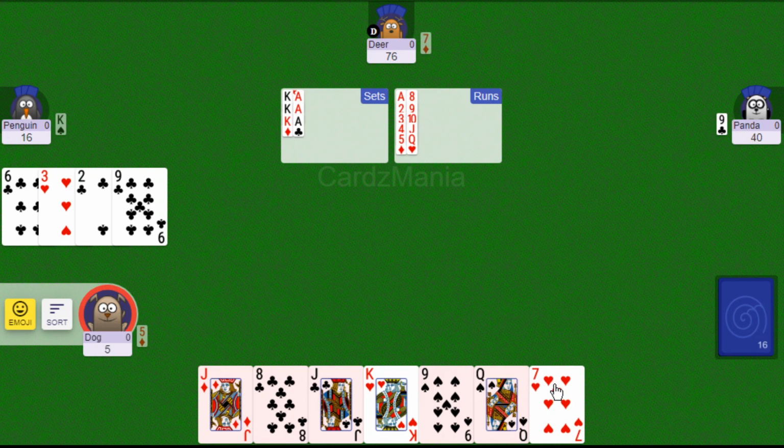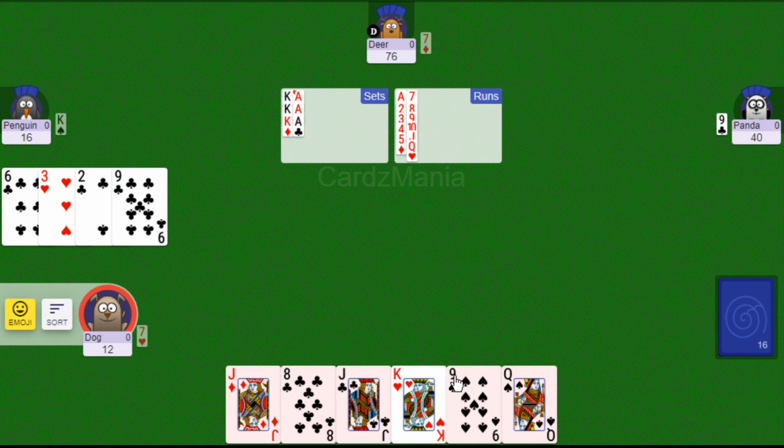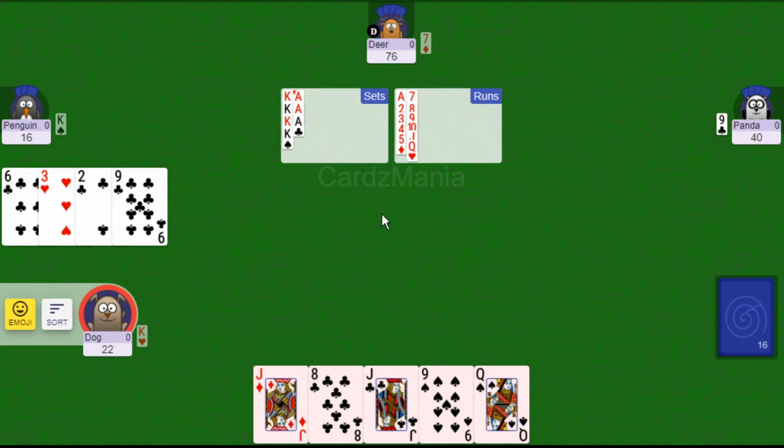Now, is there any other card we can meld here? We could lay off a 7, right? This is an 8 of hearts. This is a heart sequence. We could put the 7 at the beginning. Lay that off. Is there any other card? Well, we could put this in these sets, right? Moreover, is there any other card we could lay off? Nope, we cannot. What I'll do is I'll actually